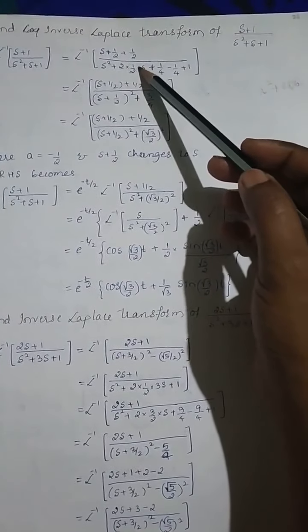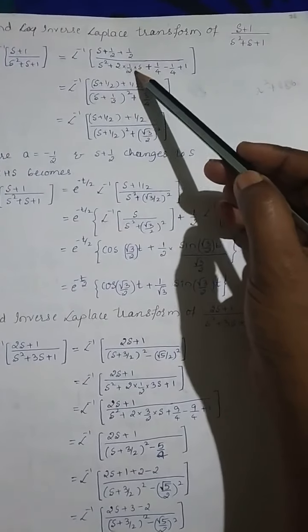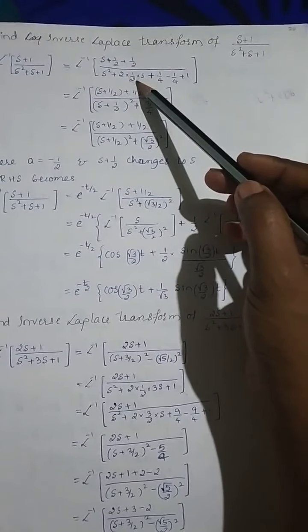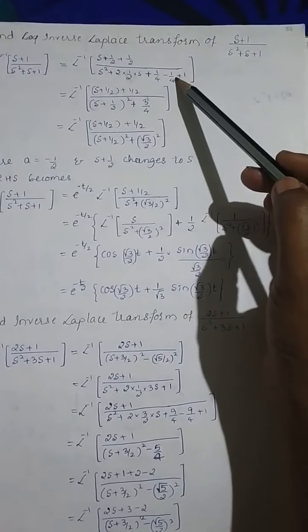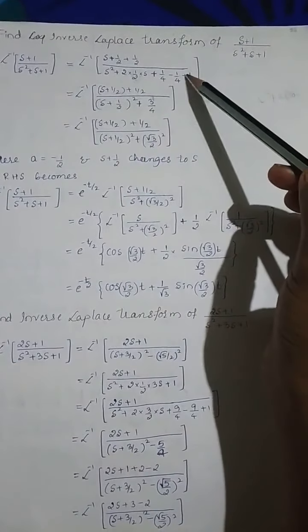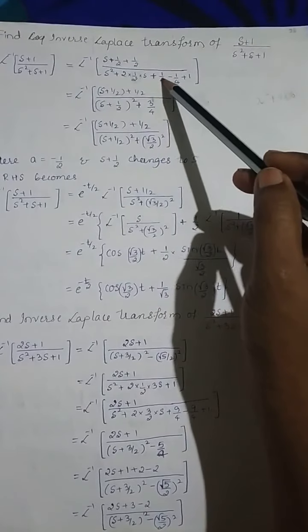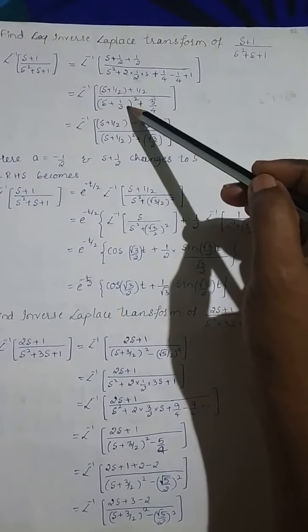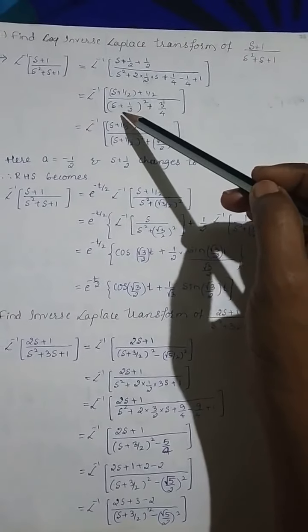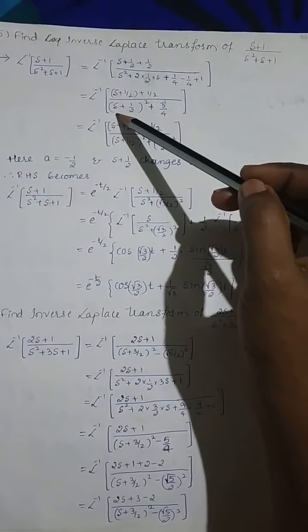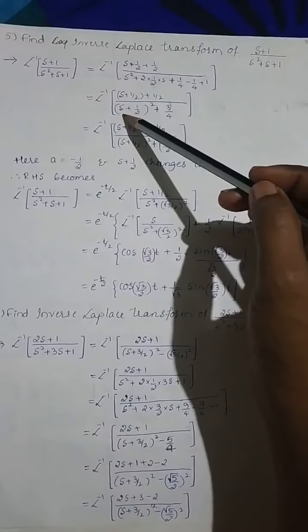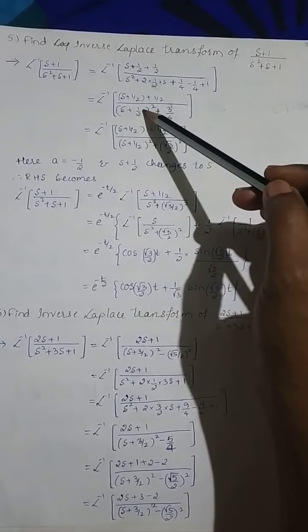Now this makes our b term. This is nothing but our b term. Okay, I want this b term, that means I want b square. Therefore added 1 by 4, subtracted 1 by 4. Next plus 1 as it is. Now this term makes a perfect square, that is s plus 1 by 2 whole square. Now you can see here this is nothing but s minus a term, that is a is equal to minus 1 by 2. Here in the denominator, we have obtained an s minus a term.